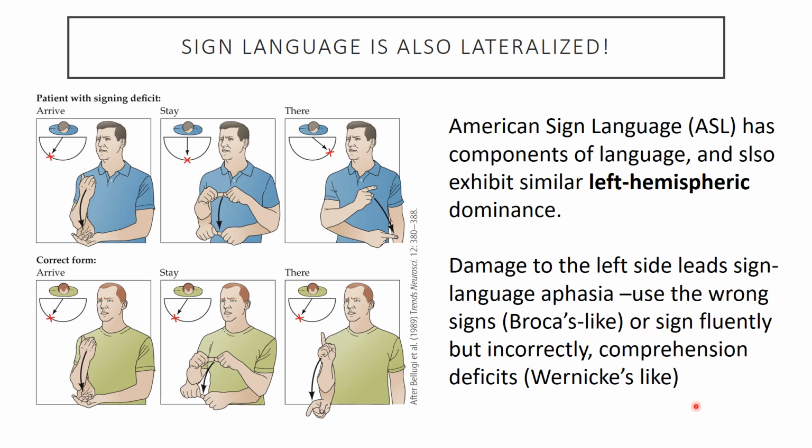And then people who have damage to Wernicke's area, they can sign normally, they can make the signs, but their signs are completely incomprehensible and they're signing incorrectly. Totally crazy. So they're doing the exact same thing, but instead of it involving the muscles of the vocal tract, for those individuals that have to use sign language to communicate, they still end up with the same problems, but it's because they're using their hands to process language.